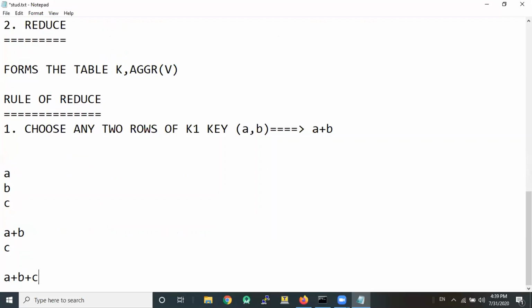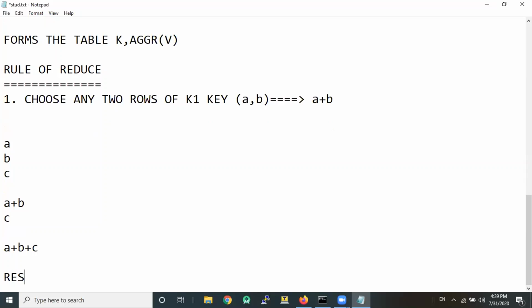You might be thinking, why are we wasting so much time on discussing how it does it? This is very important for one reason. In Spark, you are not advised, it is not allowed, to give a function in reduce. Here we have given the function A plus B. You are not advised or allowed to give a function in reduce which will result in, remember this, a result that depends on order of execution. Please remember this.